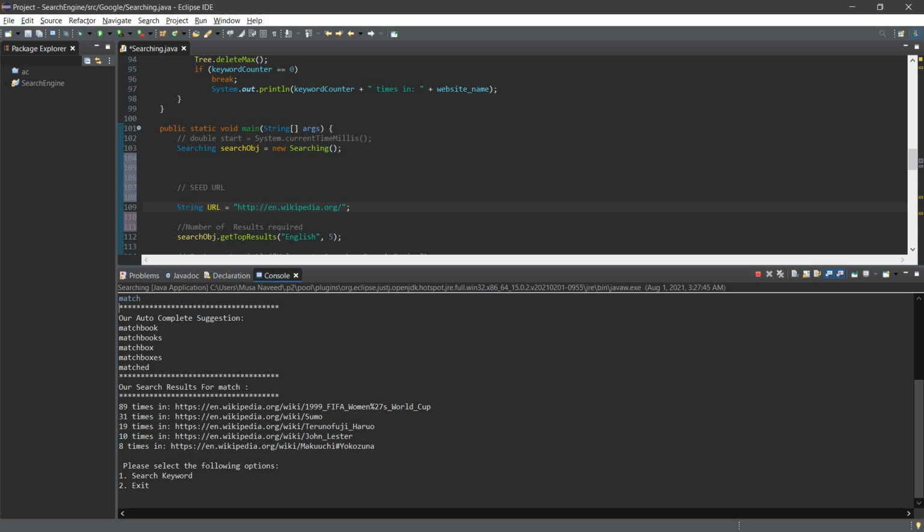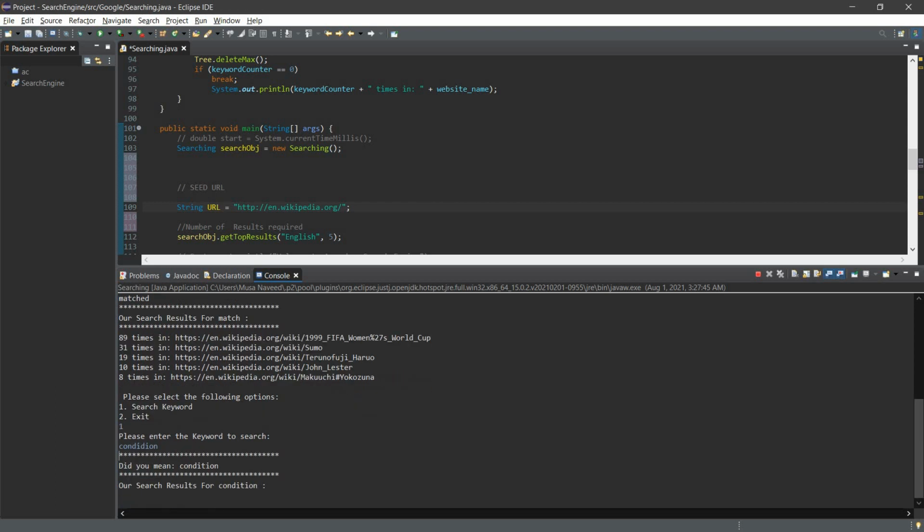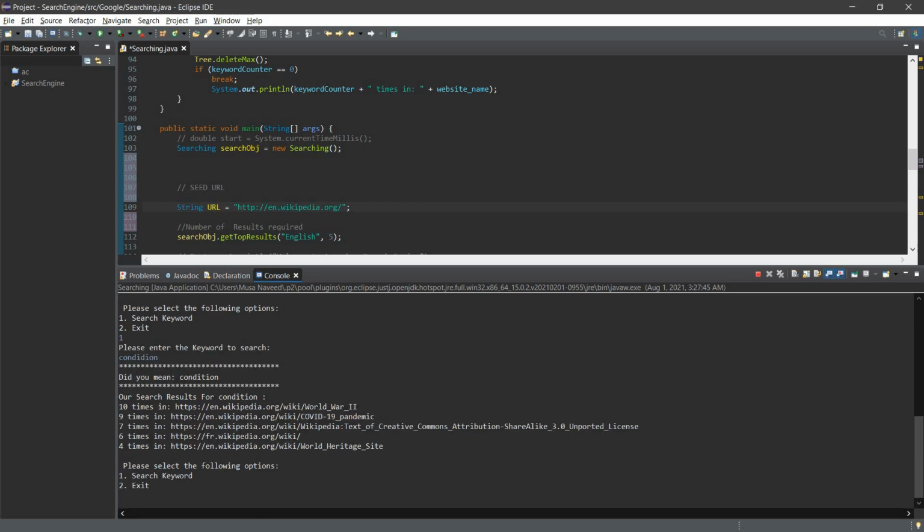For the next example, I'll enter a word with wrong spelling. I'm trying to enter condition, and I'll enter the wrong spelling to see what it does. It basically understands what I was trying to do, and it asks whether I was trying to enter condition, and then it returns the results for the word that I intended.